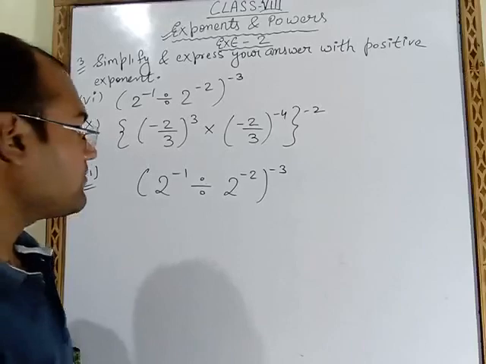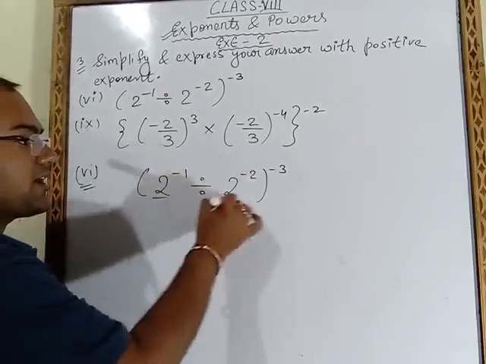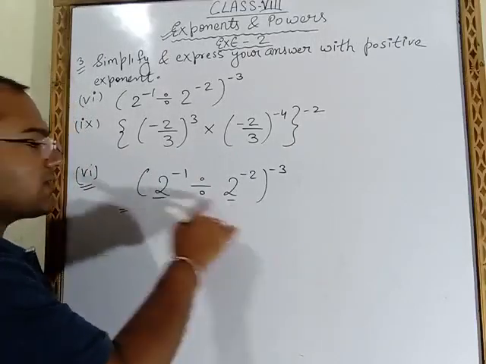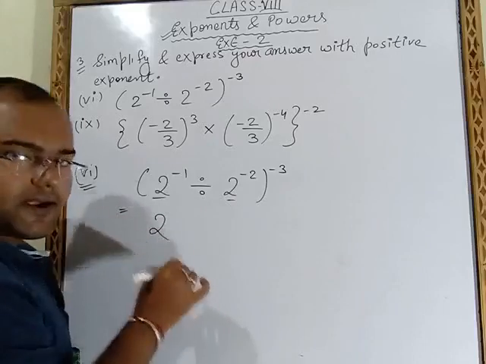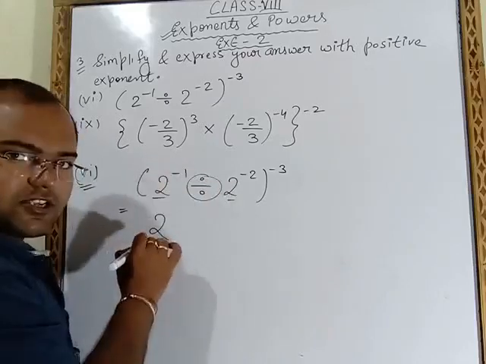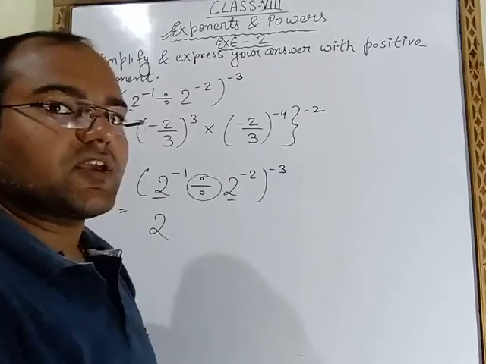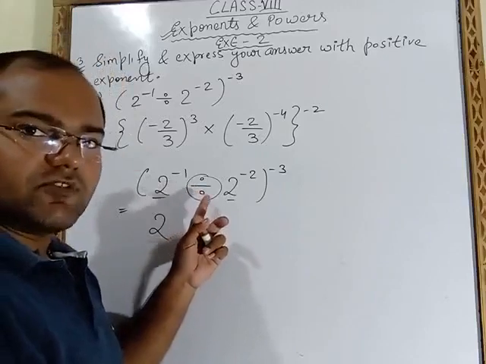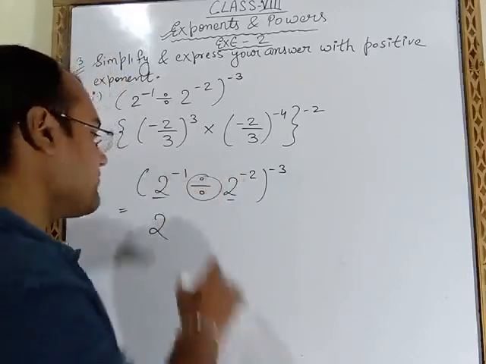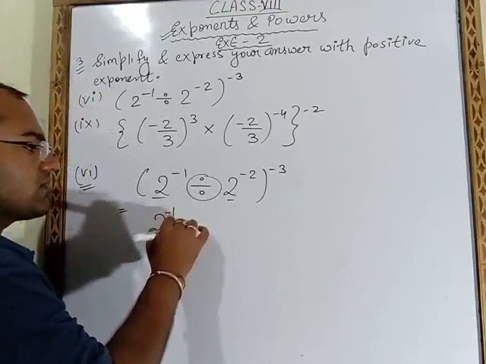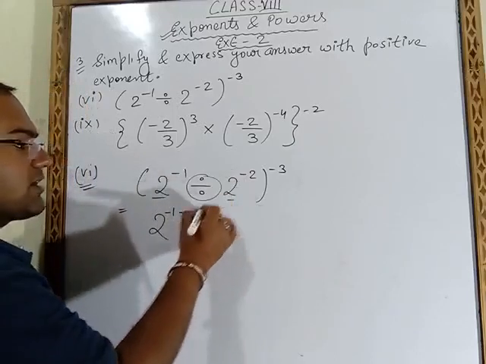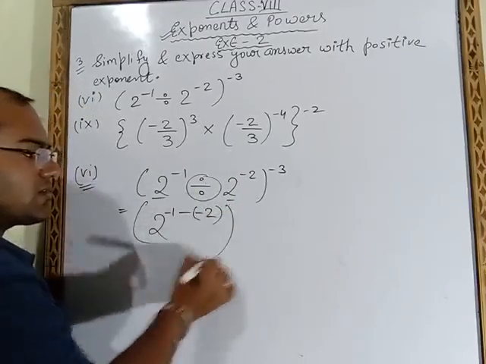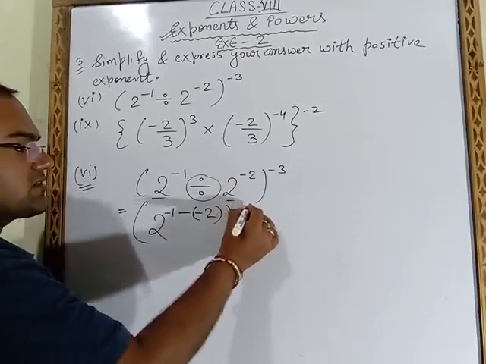So first of all what you have to do? Here in the bracket both the bases are same. First of all we have to solve this bracket. So in order to solve this bracket both the bases are same. So this base we have to write as it is. Between these two bases divide sign is coming, and if the divide sign will be there then we have to subtract the powers. Law of exponent we have to use. Divide is coming, because of this divide sign we have to subtract these two powers. First power minus second power. Second power is minus 2. Two signs are coming together, we have to put in bracket. Now again we will put this full term in bracket and outside power is minus 3.